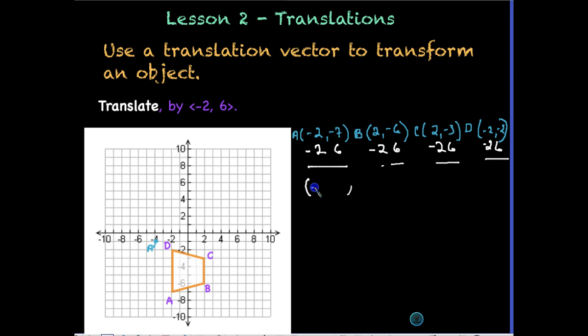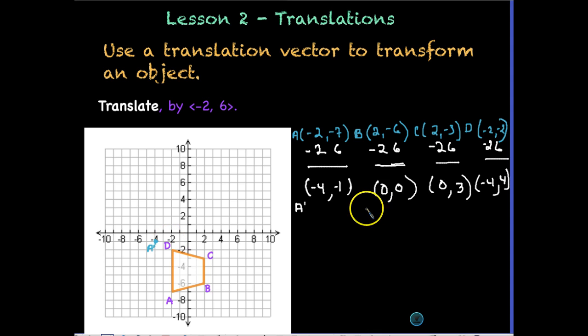Negative 2 plus negative 2 is negative 4. Negative 7 plus 1 is negative 1. And then over here we have 2 plus negative 2, which is 0. And negative 6 plus 6 is also 0. And then we have 0 again, 3, negative 4, and 4. So these are our primes, right? These are our coordinates for our image. So this first one we know is A prime, and we've already marked this one as negative 4, negative 1